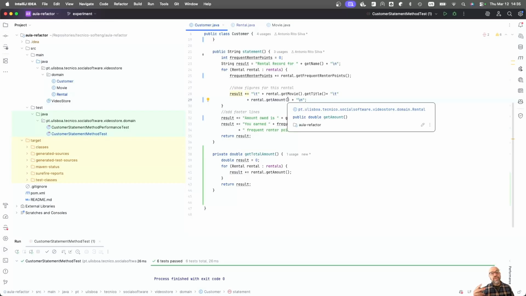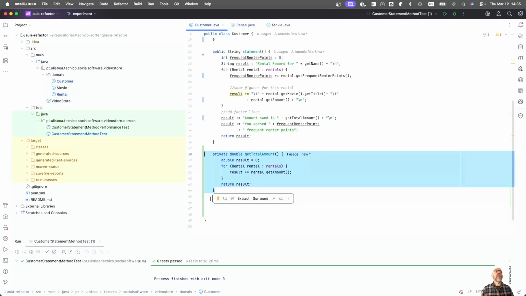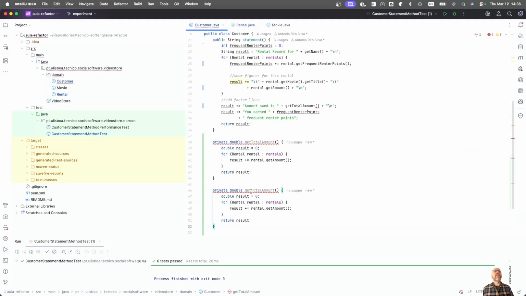Look, now it's again the same thing about performance. The performance is worse, but the code is more readable, and I can do the same for a very similar loop for the frequent points. So get frequent parameter points and result, and in this case what I'm gonna do is just this, copy,